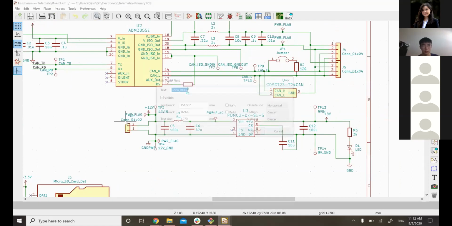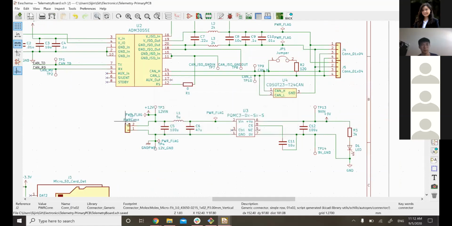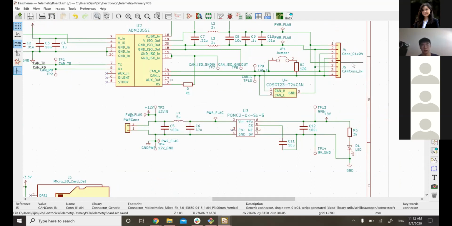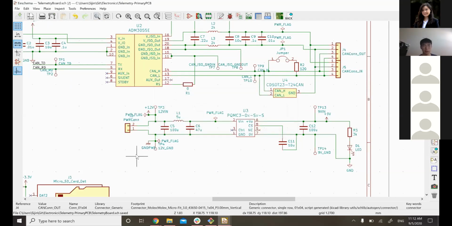I'm just going to rename this to power connector and CAN connector. Okay, I just edited these. I just added the names. So now,